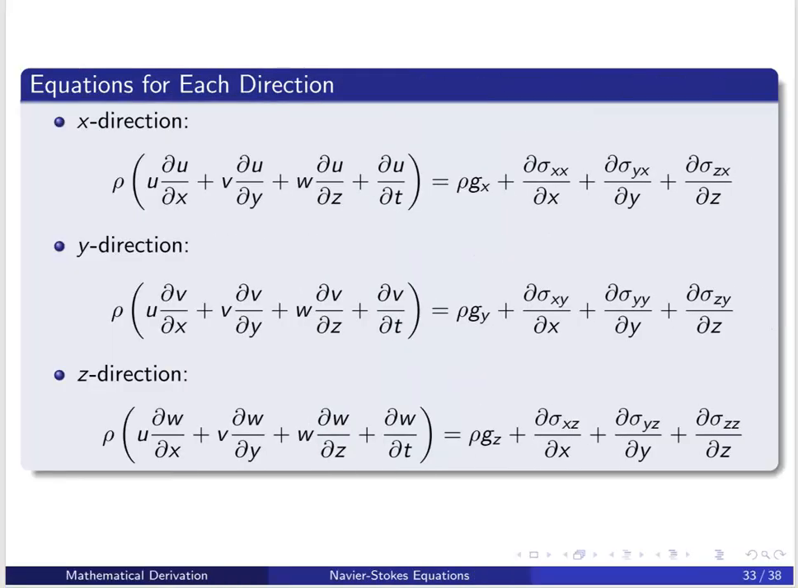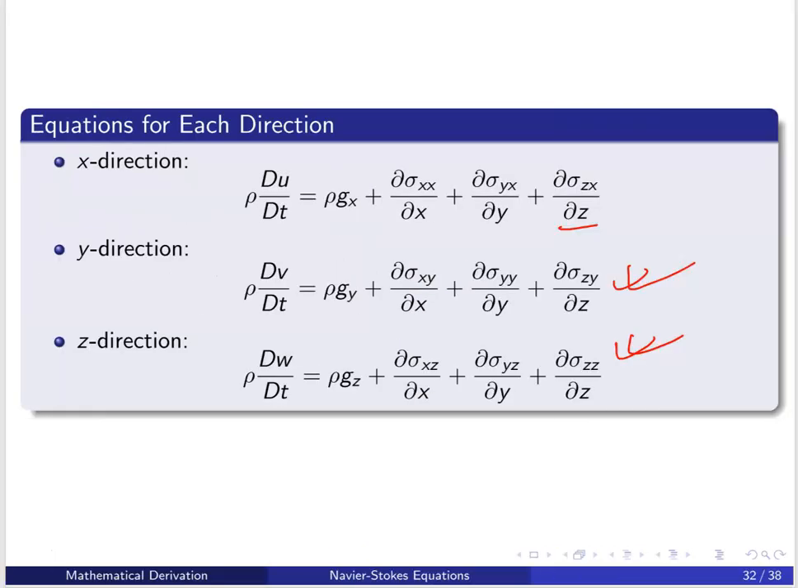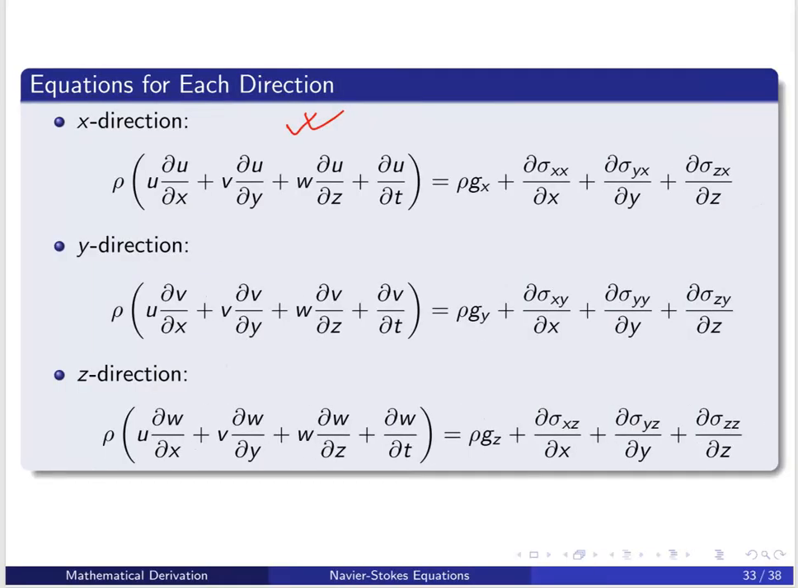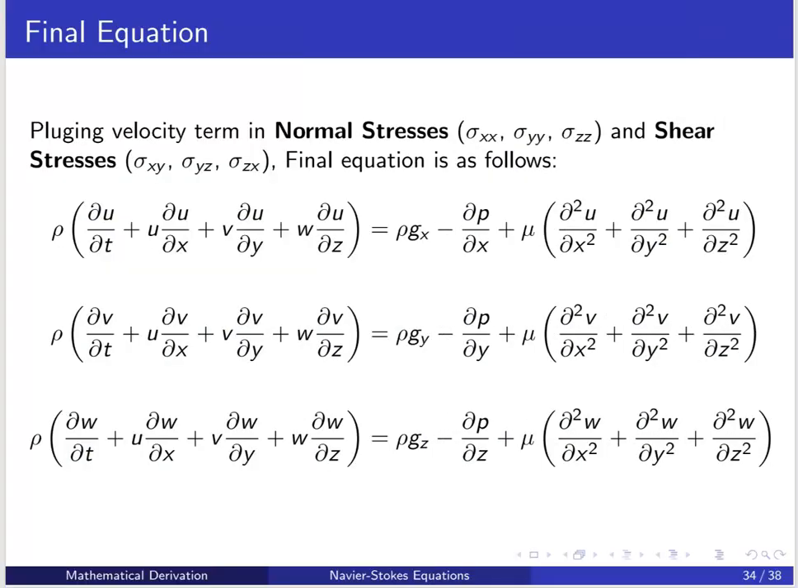So now these are the detailed equations for each direction. We plug that capital D u by D t in terms of velocity, and we get that equation for each direction: x direction, y direction and z direction. Now if I plug the velocity terms into the normal stresses and shear stresses, the final equation will be